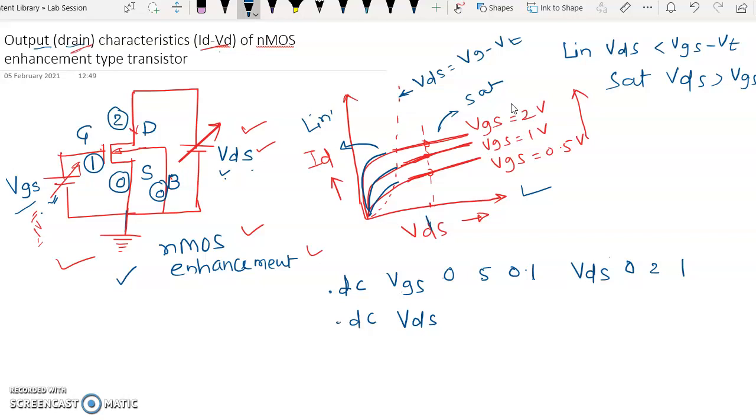So we have to vary VDS from 0 to 5 in steps of 0.1, minimum value 0, maximum 5. And for the different values of VGS, what are those values? Maybe 0 to 2, and you are taking the incremental step as 1. Now all of you by this time must have understood why I am writing 0.1 here and 1 there. By any chance if you make this opposite and write 1 here, what does it mean? That the points for plotting I am getting are only 5 or 6 points.